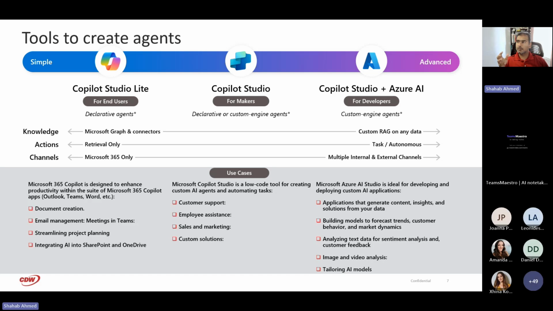But what that also allows you to do is start using AI beyond just that agentic element, right? So if you're looking at building some sort of models, analyzing text data, or sentiment analysis, those actual AI applications, you can't do that with these first two. You will actually be looking at that Azure AI, right?